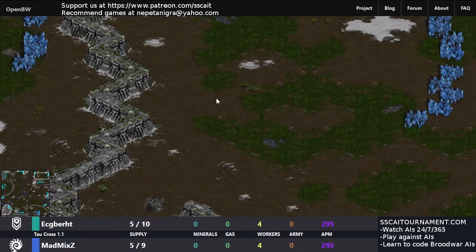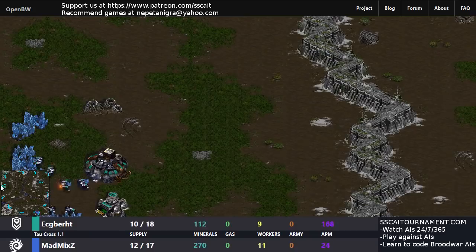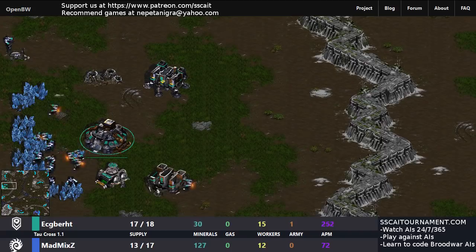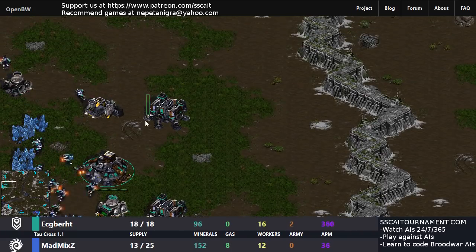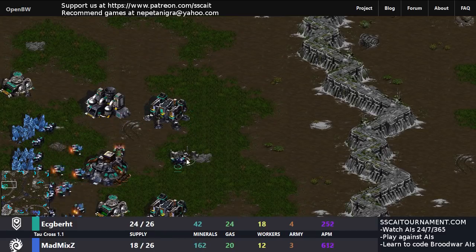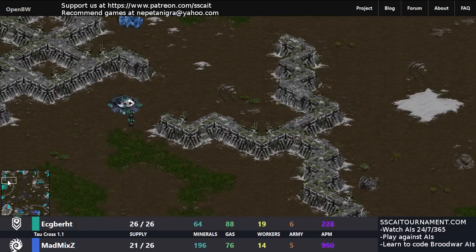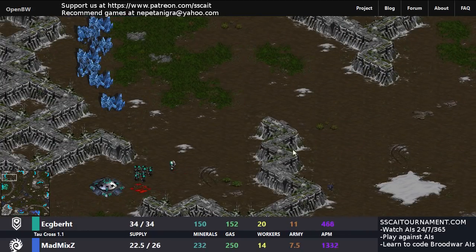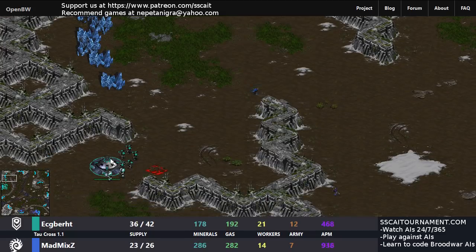So, next game up, it's Madmix Zerg versus Egbert. And I always like to see what Egbert is doing, because Egbert is growing into quite a force of its own, and it's climbing the ladder slowly but surely, and like another bot which is receiving regular updates, perhaps like Lucas Moravec. Lucas is plateauing a little bit, and Egbert is